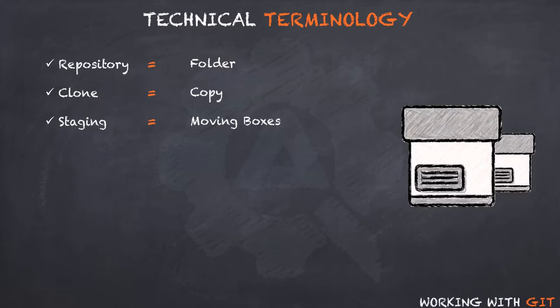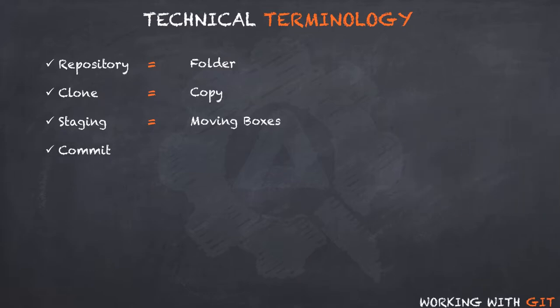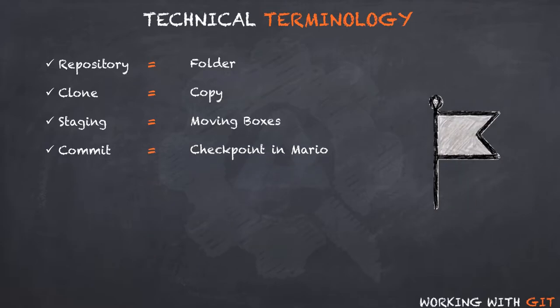This brings us to our next term, commit. In the beginning of the course, we saw an example of the Mario game to understand what VCS does. In that example, I mentioned that VCS saves the progress at some checkpoints, just like Mario. These checkpoints are called commits in Git. They are identified by Git using a unique hash, or in simple words, a unique string.